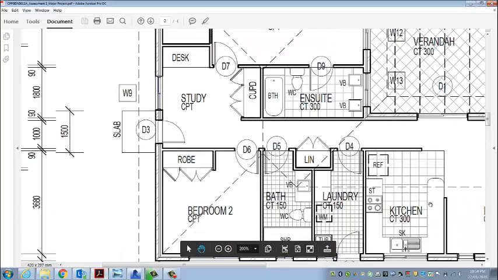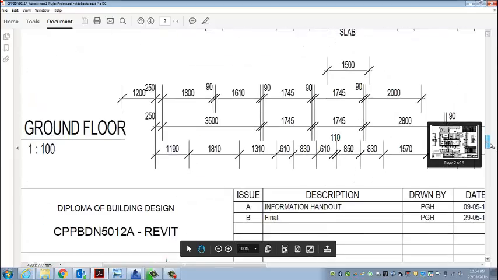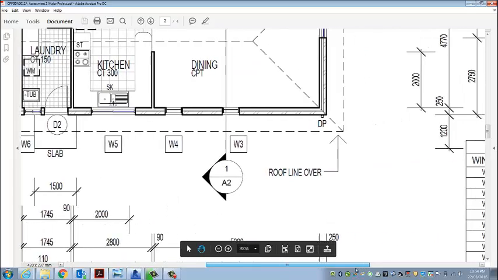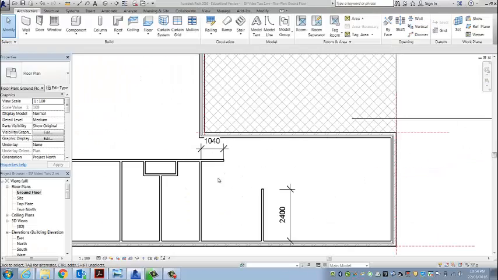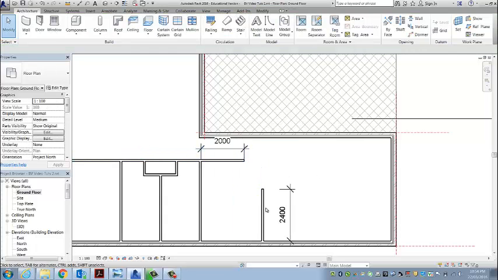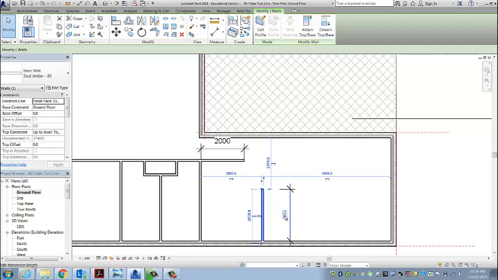I've got a nib of 2 meters, and this one is 2 meters as well. So I click on the wall. When the wall is selected, every bit of information that is able to be edited pertaining to the wall will become blue. So you can see that that has become blue as well. And I'll just click once to activate that dimension to be edited. I'll do the same again. So I click on the wall, I click on the dimension, and then I overwrite it to